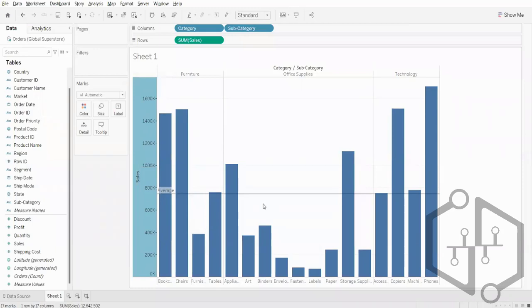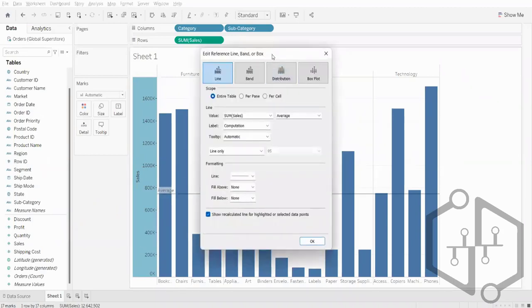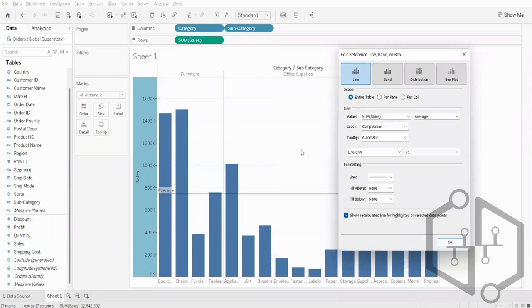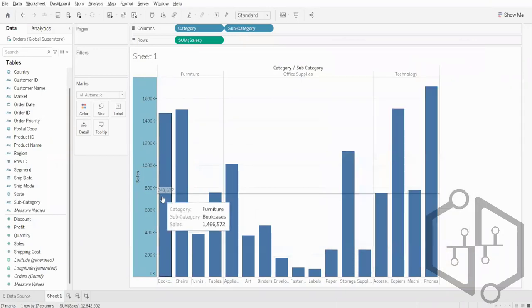next, when I have this average line, if someone comes to me and says that, you know what, over here it is written as average, rather than average I want to see the value. So what you can do is go to this label which is called computation. Now when you see this average line, it is in the computation mode. So if you go over here and choose value and hit OK, you see the average is gone,